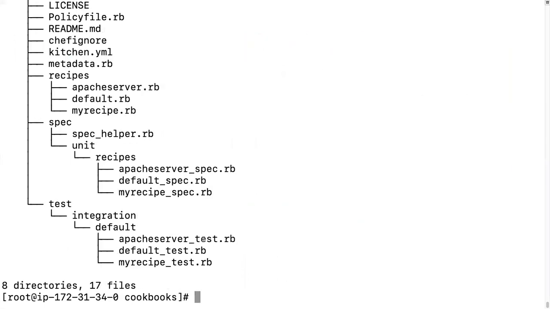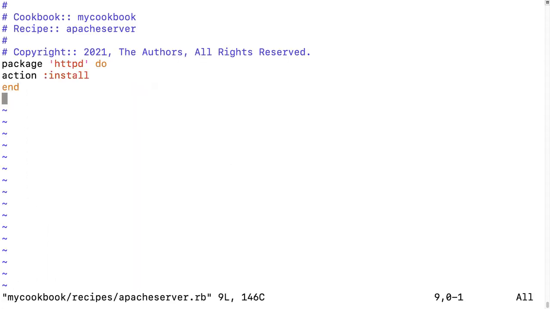Let's see once again. I have one apache server.rb file. Let's go and edit it with vim, my cookbook and recipe. I have the Apache server recipe dot rb. Enter, and here I am writing code for the service. My resource is going to be service, so I write the code here: service